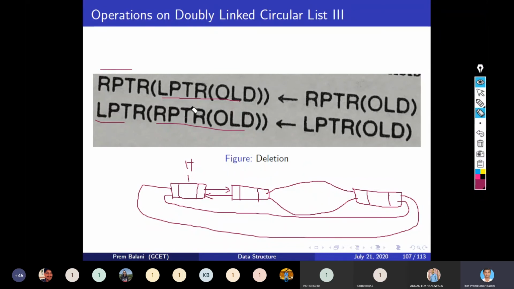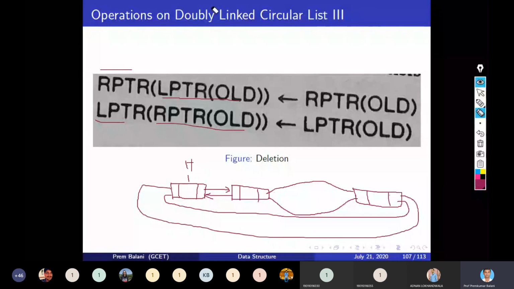So see, it's simple. With these simple two steps, we can delete the node. But you can see this is a part of the algorithm, not the full algorithm. In the exam, if it is asked, then returning the node to the availability stack, and for insertion getting the node from the availability stack, all steps are the same as previous algorithms, right?